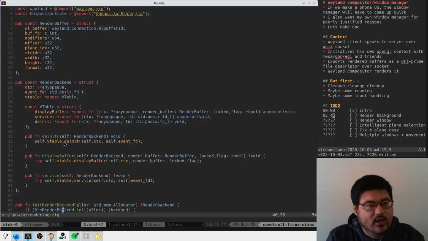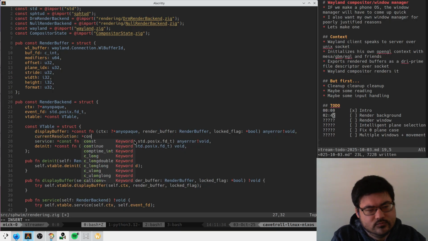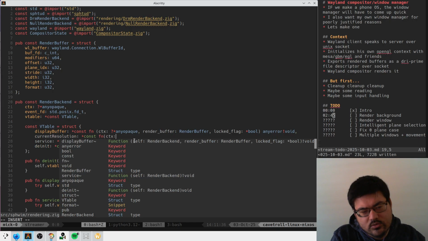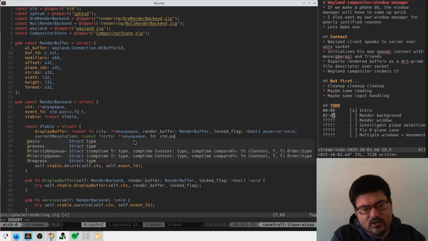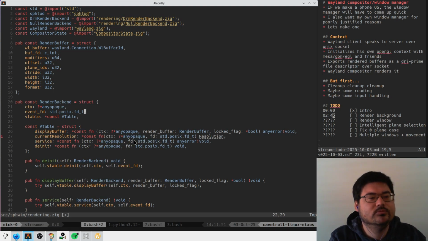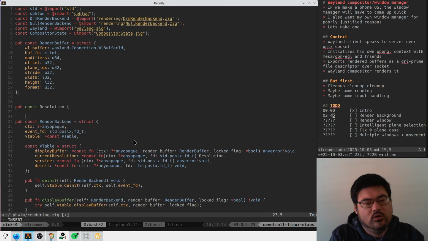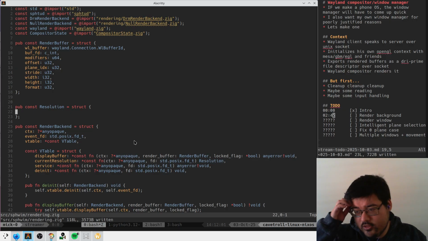So this is here. It's going to say current resolution. It probably takes in all the typical pieces and returns a resolution. And in here, I wonder if there's supposed to be a color format in here. There might be, but